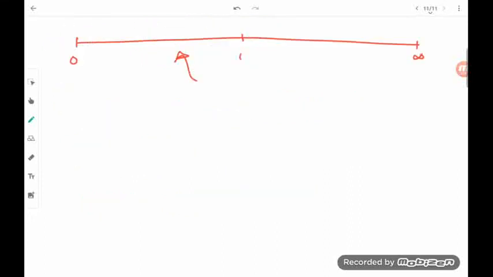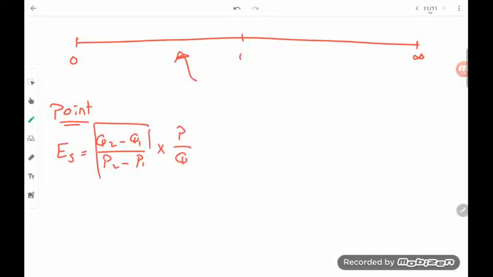What about point elasticity, not arc? In case of point, we have only one price and only one quantity, and in this case elasticity of supply will be calculated as Q2 minus Q1 divided by P2 minus P1 multiplied by P over Q. This is the slope of the supply function, so it is D multiplied by P over Q. Example: